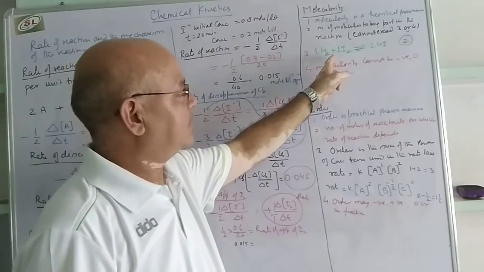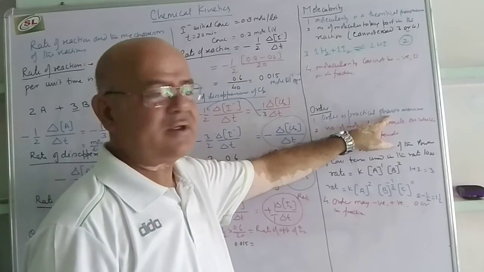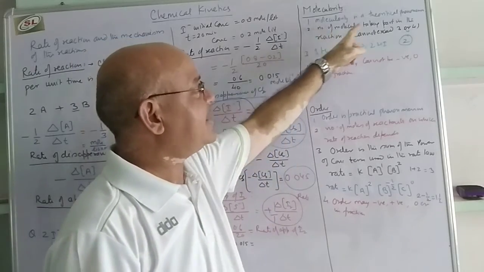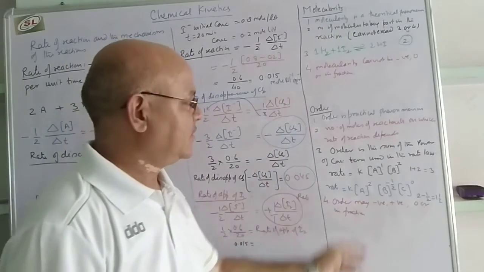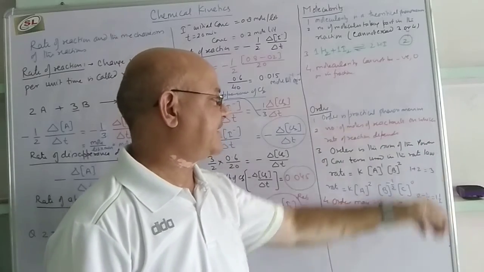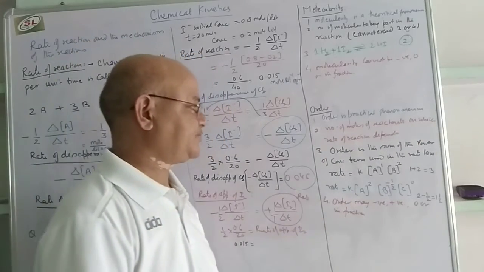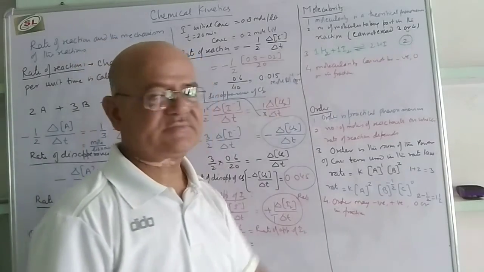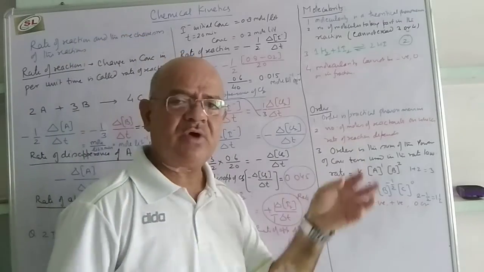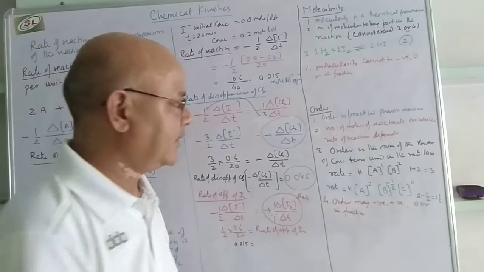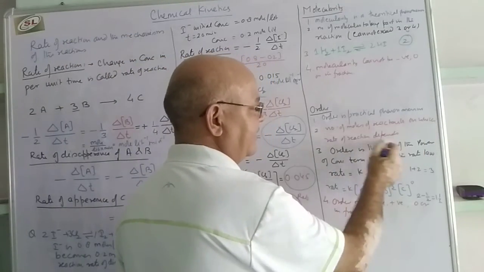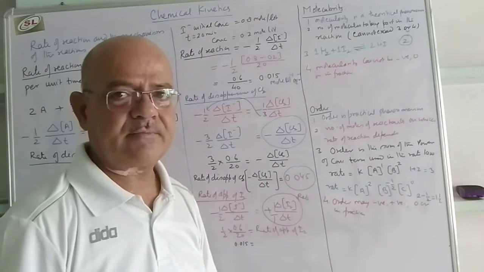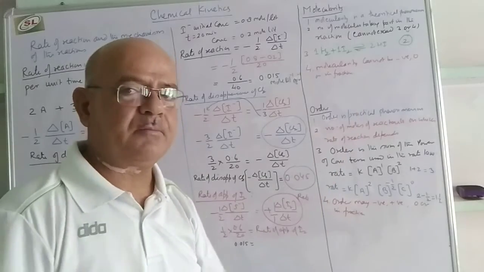So order is a practical phenomenon while molecularity is a theoretical phenomenon. Molecularity is the number of molecules taking part in the reaction. Order is the number of moles of the reactant on which the rate of reaction depends. So here also you can calculate that molecularity is 2. Whatever amount you have used in the reaction is another matter, but the reactants on which the rate of reaction depends determine the order. Without doing an experiment we cannot calculate order, but by seeing a reaction we can calculate the molecularity.